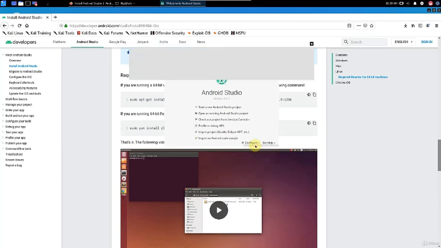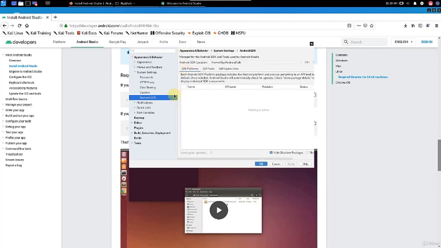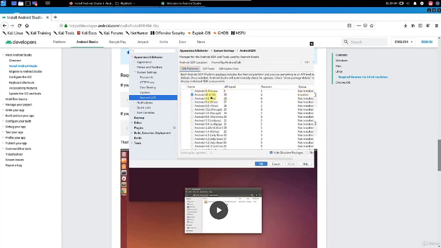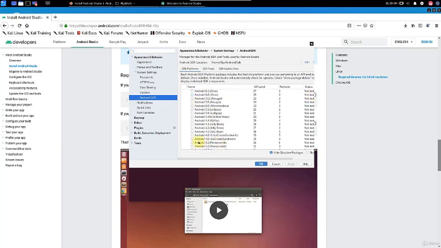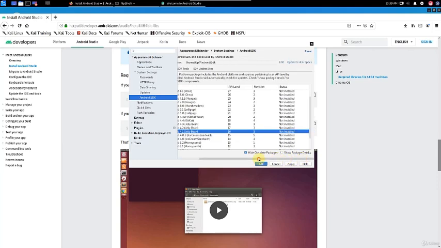Okay, so here we're going to go quite a while back. Android 4.1, which is Android SDK version 16. We're doing this because in a later exercise, we'll work with old malware, so just to be safe, we'll run it on an old Android device. So after installing this SDK version, you should have the latest version as well as version 16. You can download as many as you want.